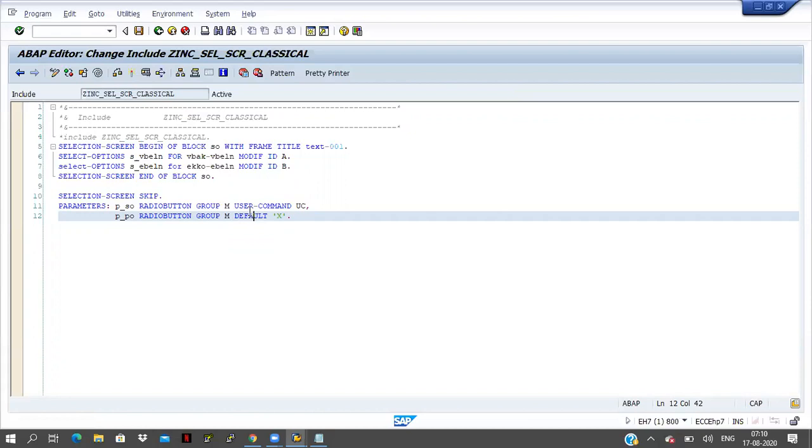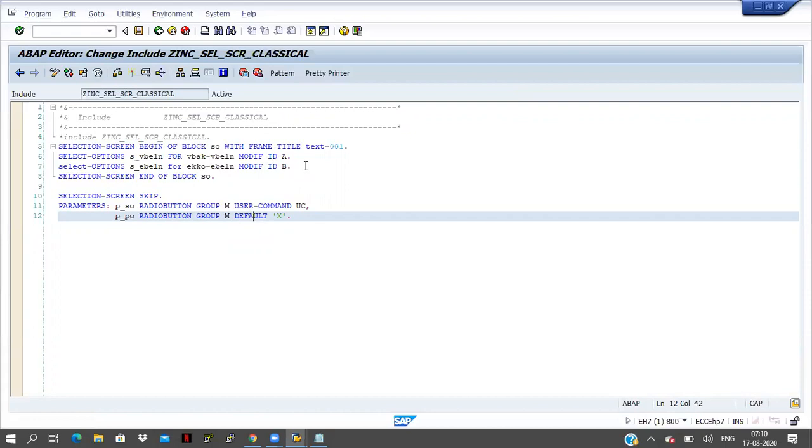Now this one, modif ID a, modif ID b, and user command like that. These are all things you use in the at selection screen output.